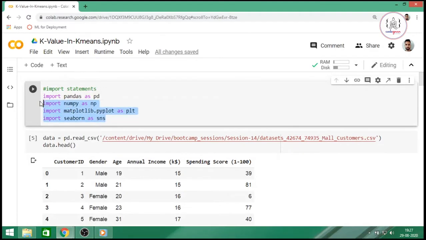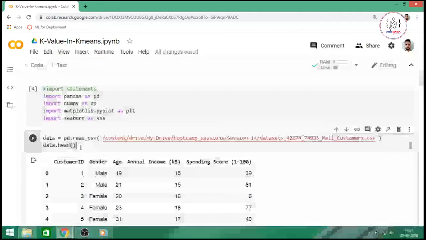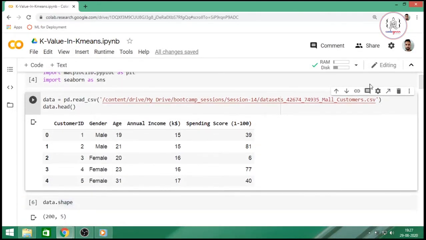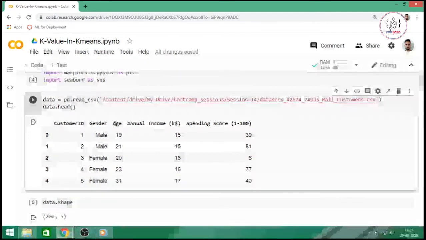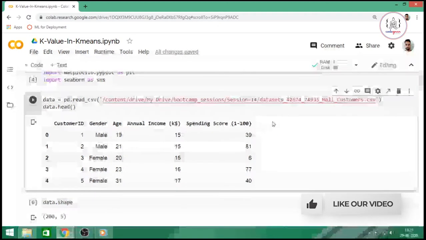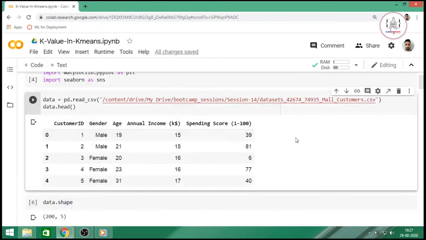Here we have imported all the packages that we are going to work with. Then we have this data set where we are given the customer ID, gender of the customer, age, annual income and spending score. Based on these variables we want to form clusters of our customers.